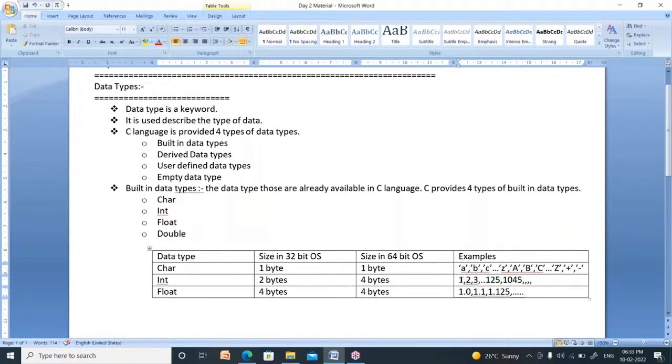Round numbers are called integers. If the number has a dot symbol, then it is called float. There is one more data type, that is double. Its size is 8 bytes in a 32-bit operating system, and the same 8 bytes in a 64-bit operating system. Double also means decimal point values, 1.0, 1.1, 1.125, all these are double values.